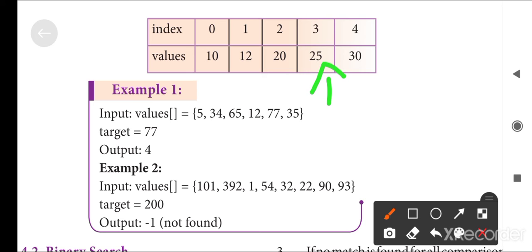This is the concept. After finding the element, the value itself is not displayed. The index value of the particular value is the only output for the list.